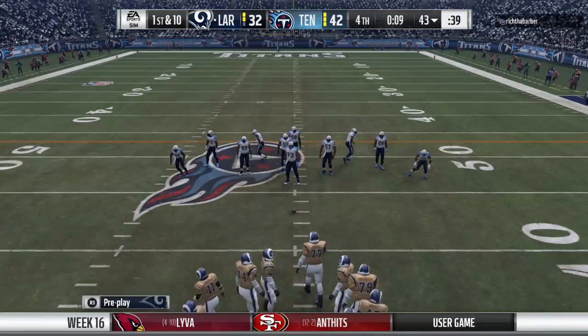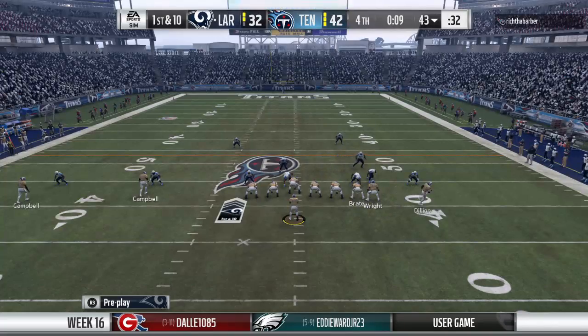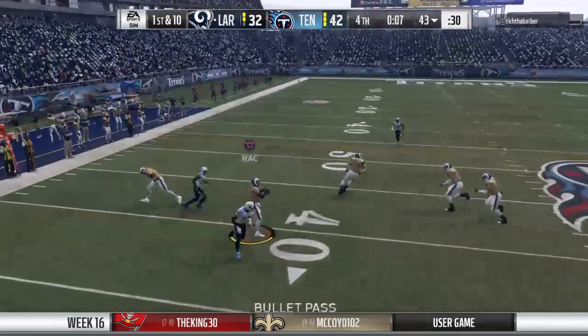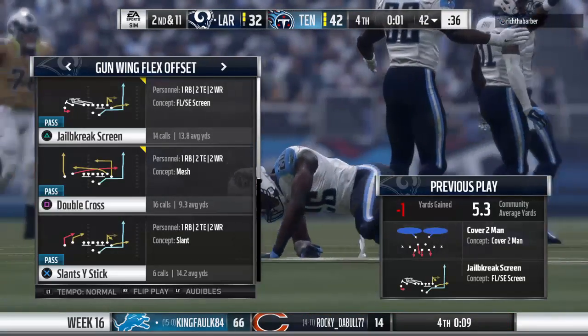Doesn't matter whether it's a zone coverage or man coverage, the drag route can be effective when it's run well. Set. Green 39. Green 39. Now on first down, he'll drop to throw it. And a quick throw here, that's complete. And this one's going to go the wrong way. Losing yardage back at the